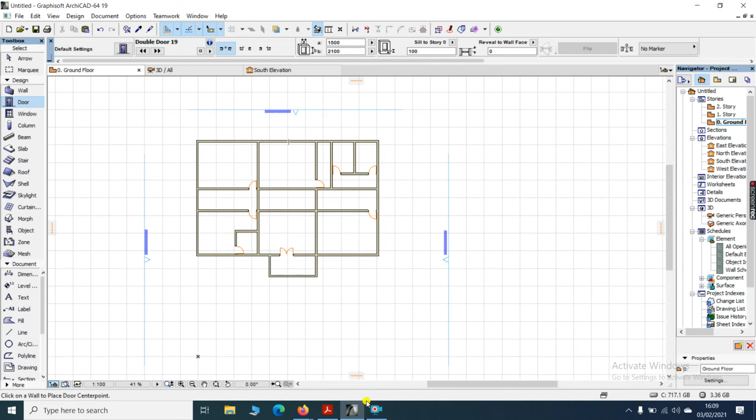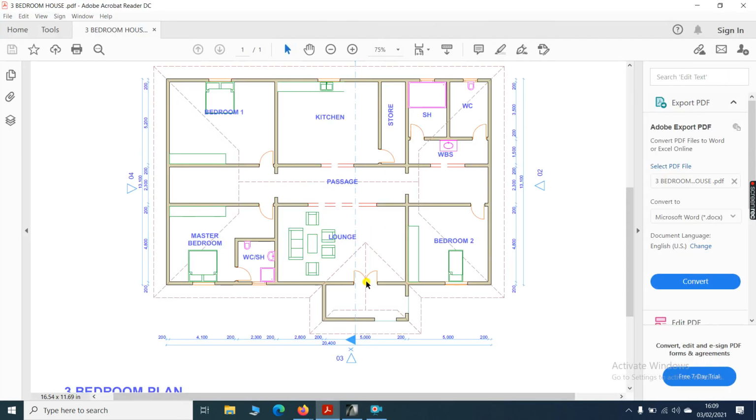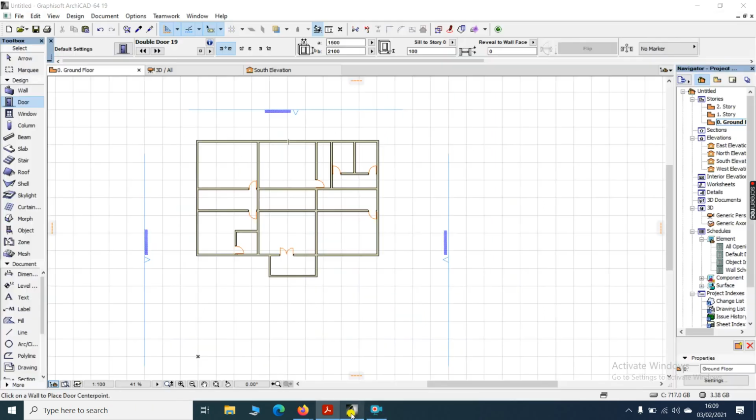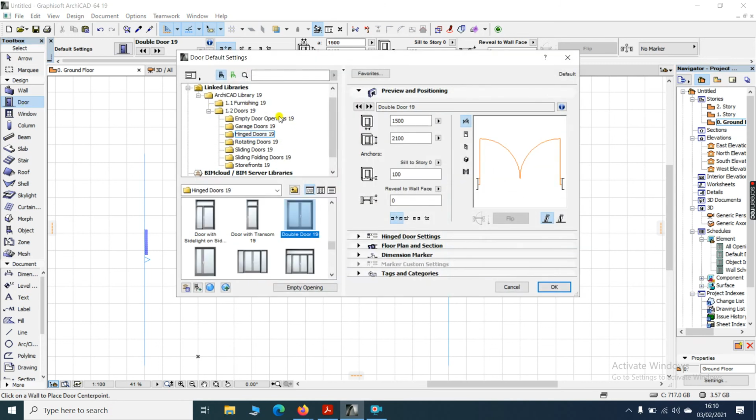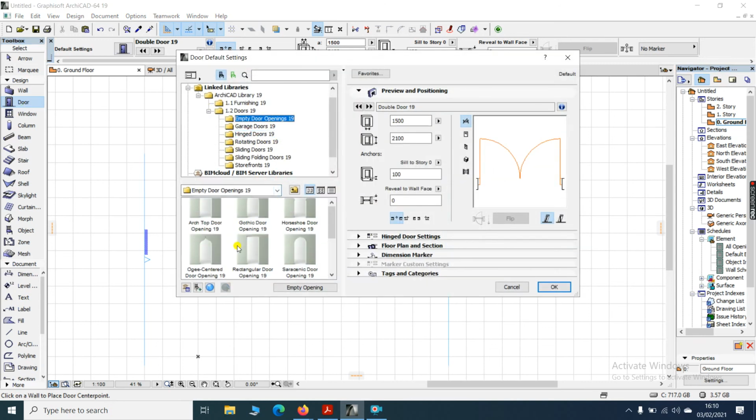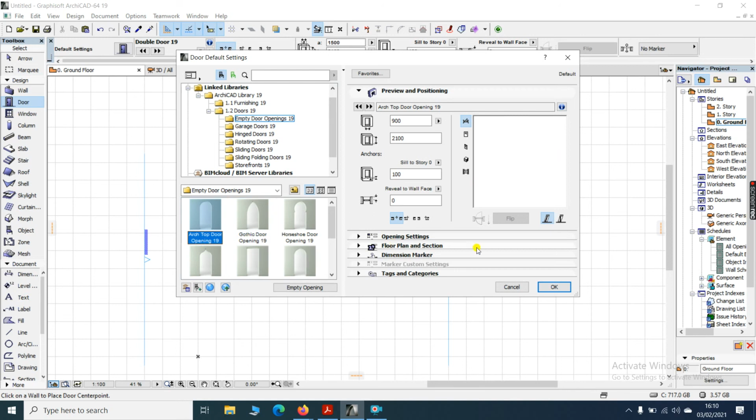So we have placed the entrance door. We have an empty door opening over here, and this one also. Here we have an empty door opening. So I shall teach you now how to place an empty door opening. You go to the door tool, double click, select empty door openings, and then you can select the design of your choice. I'll select arch top door